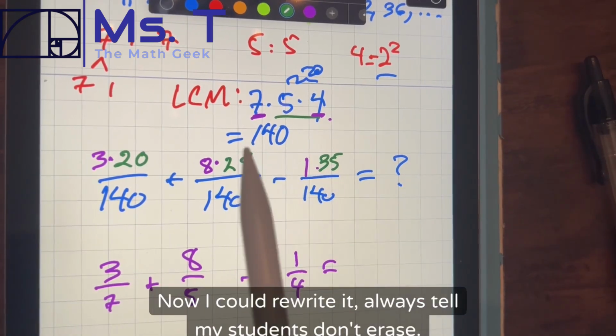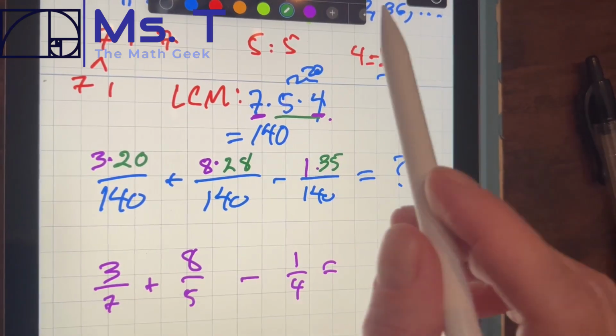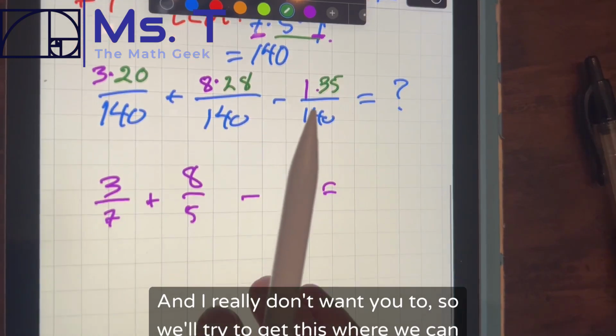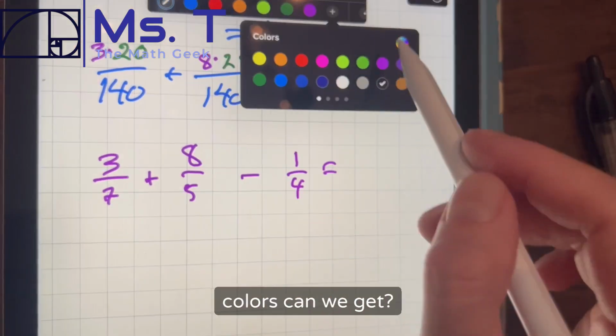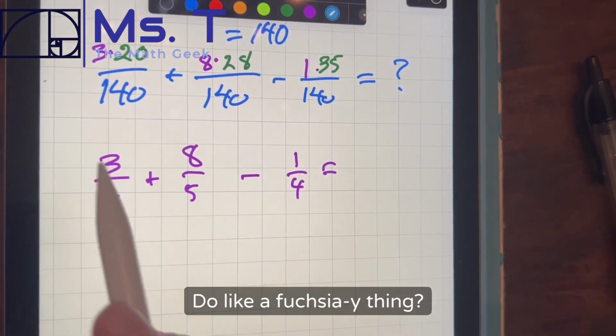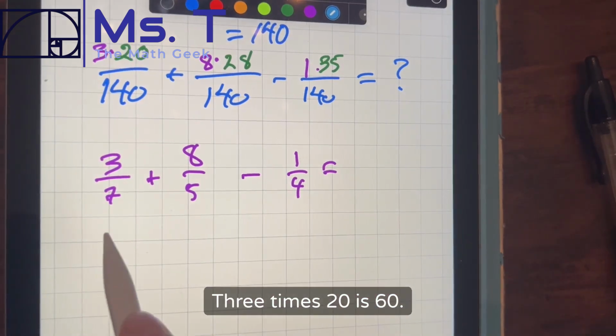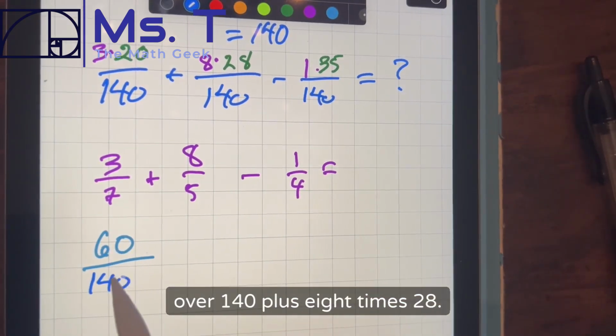Now I could rewrite it. I always tell my students, don't erase. And I really don't want you to, so we'll try to get this where we can see all of it together. What colors can we get? Do like a fuchsia-y thing? 3 times 20 is 60 over 140. Plus